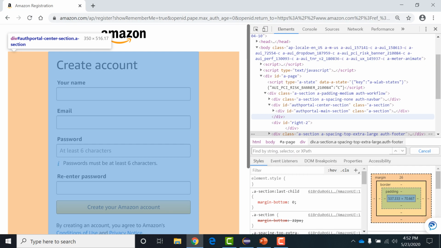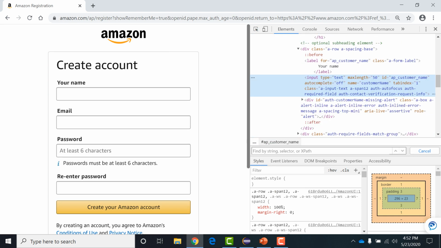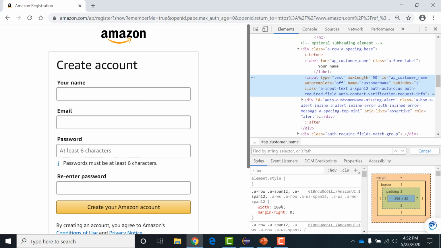We'll go to the application and we'll see how to customize a particular XPath. See, this element is the text field where the user needs to enter the username, your name, while creating the account. I want the XPath of this particular element. I'll just go and inspect this. For this, the ID and name are already available, but as we are going to learn XPath, I'll tell you how to create XPath instead of using ID and name directly.